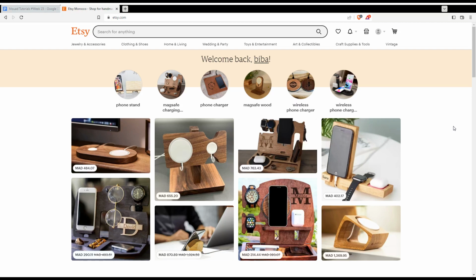Of course, you'll be able to do both options even with a Google account, Facebook account, or an Apple account if you don't want to go through all the boring steps of creating or logging in to your account. So once you've done one of those options, you'll find yourself, as we said, on this homepage with the welcome back sentence. And as we said in the beginning of the video, you would like to research keywords